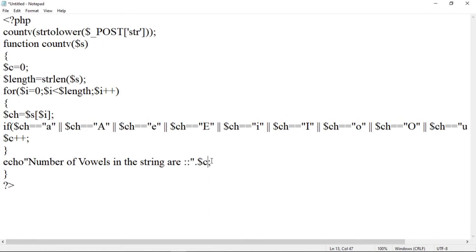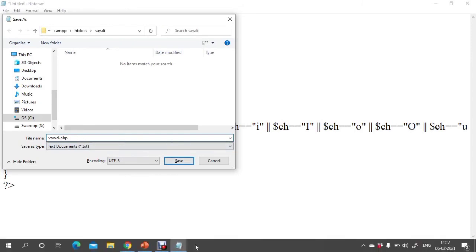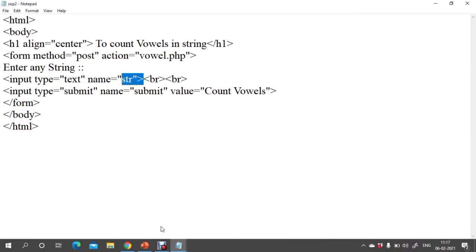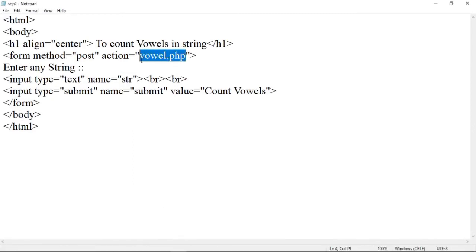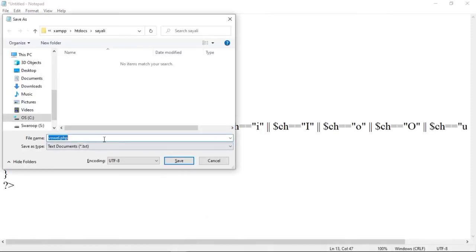Now let us save this program with PHP extension, and the name of the file should be vowel.php, because in the HTML file for the action attribute we have provided the name as vowel.php. See here in the HTML file, we have passed the name of this file as vowel.php. So type here the name as vowel.php, save this program into your project location folder.